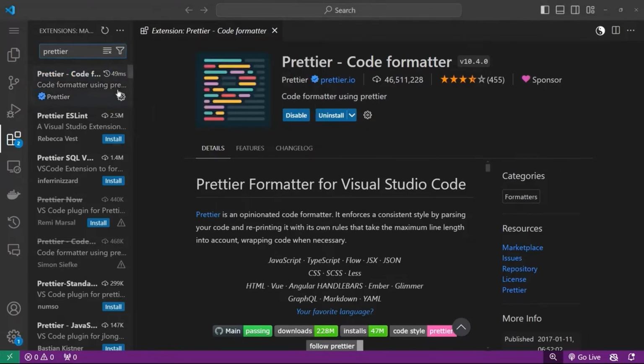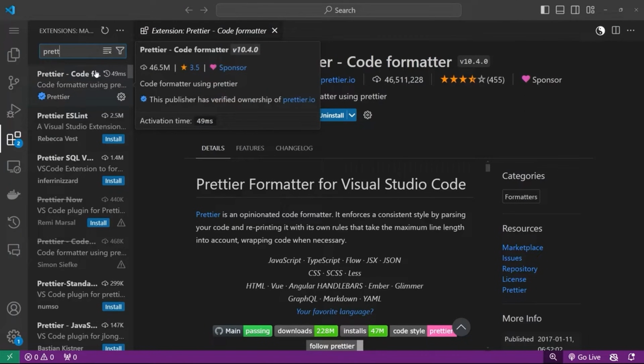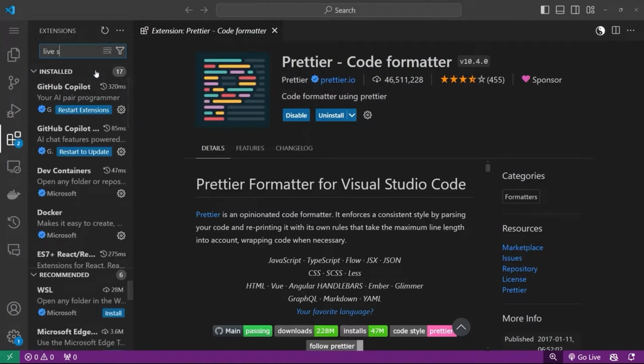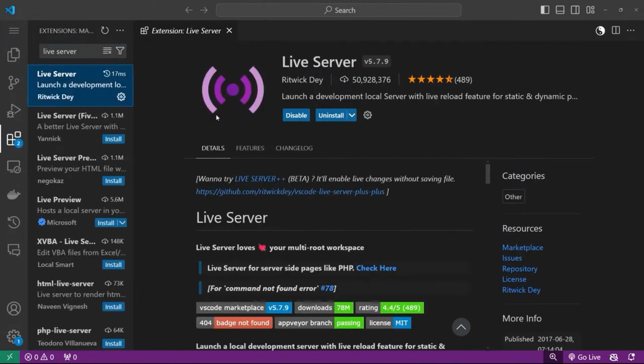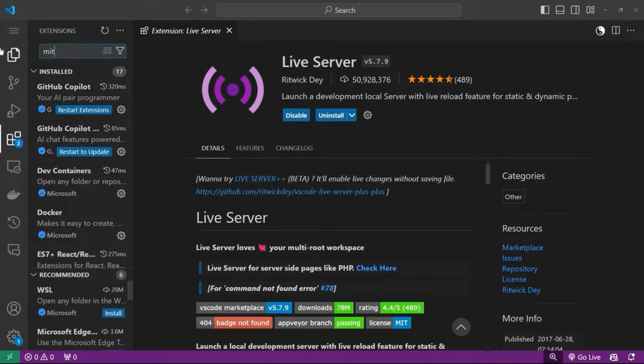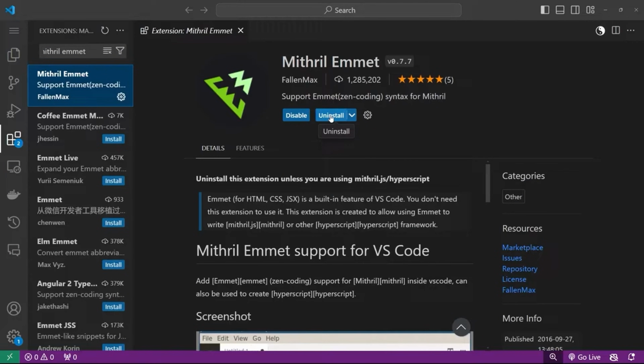Next, we're going to install another extension called Live Server. With this extension, we can launch our website on a local development server to test things out. Again, this is a very popular extension. It's been downloaded more than 50 million times. Now, the final extension we're going to install is going to be Emmet. This extension is going to give us access to shortcuts when writing HTML code, which you will see throughout